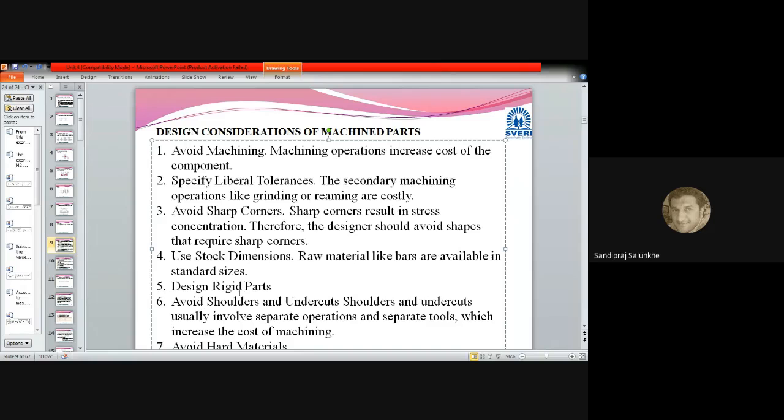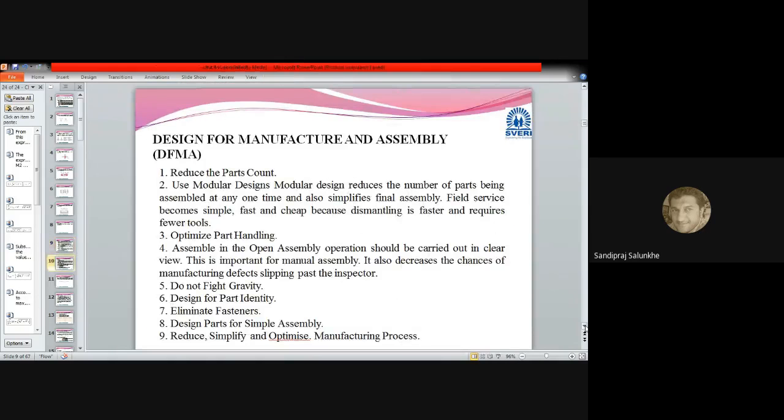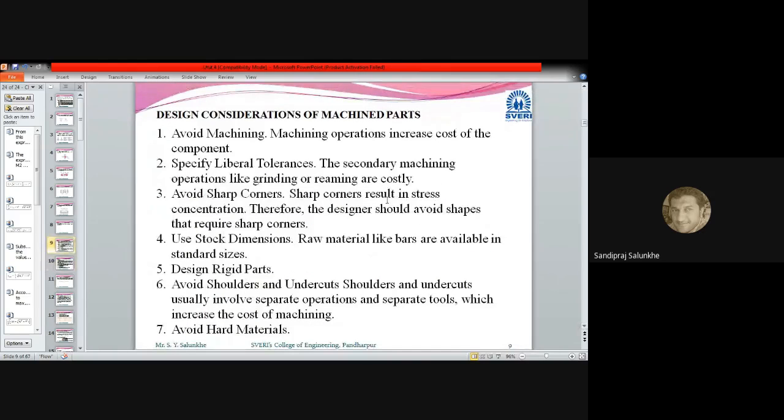Then design rigid parts. As I have already mentioned, if the dimension is coming as 12.7, we have to take it as 50. It will become rigid. Likewise we have to design when we are going to manufacture that part by means of machining. Then avoid shoulders,